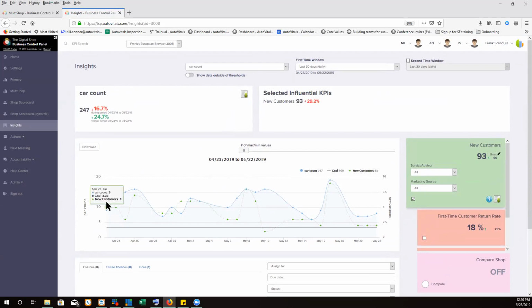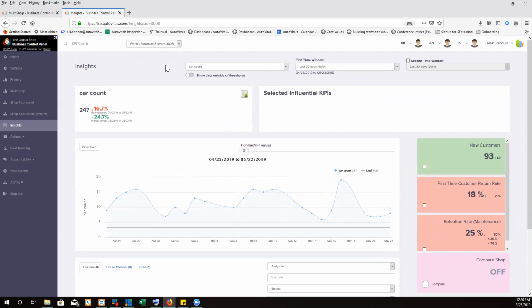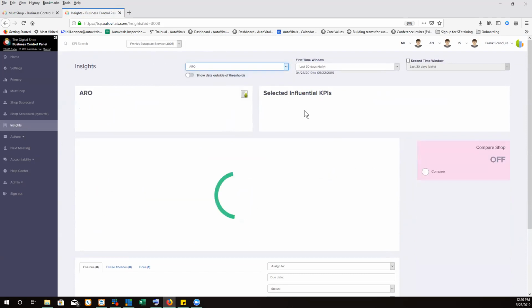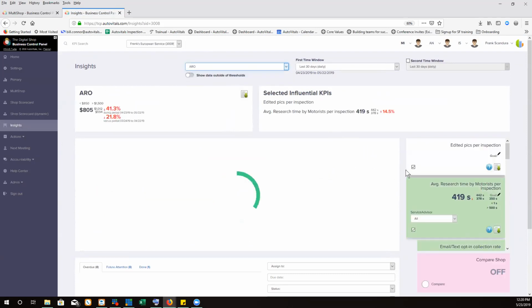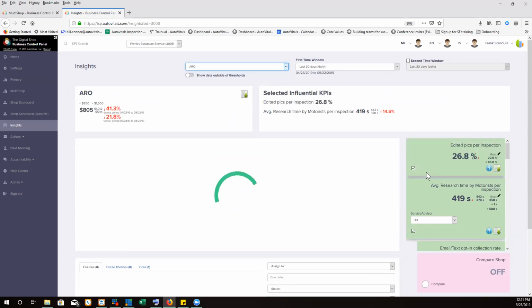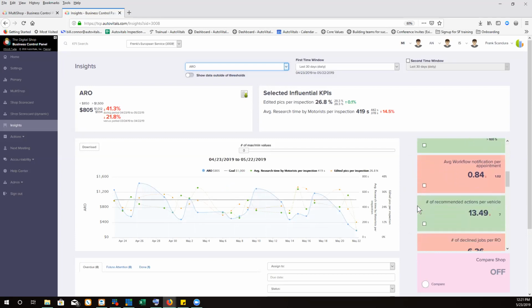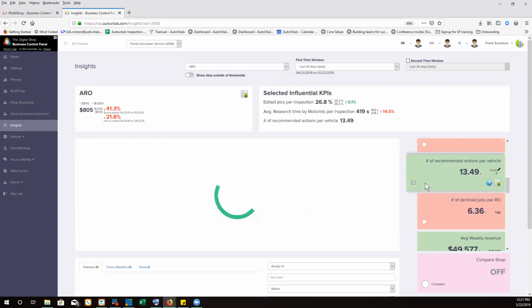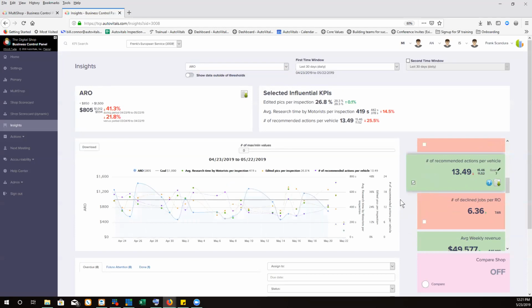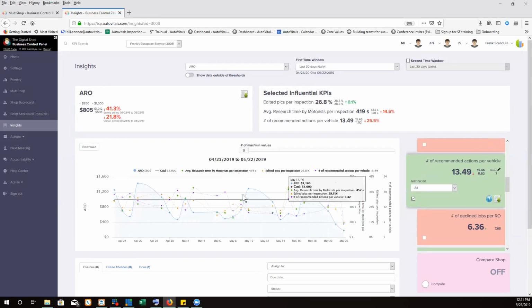So a lot of times, if I'm doing a team meeting myself, I want to do it using a live graph here. So I might come in here and say, look, we're going to be working on certain things as an entire shop. And I'm going to change back to ARO just because that's where we started out. And I'm going to turn on edited pictures and motorist research time. One of the things I see suffer a lot in some shops is the number of recommended actions. So I might put something there for the technician and service writer